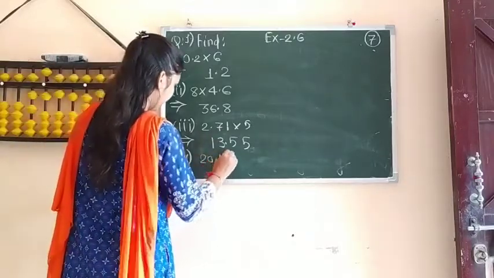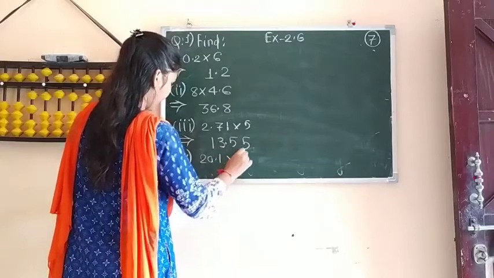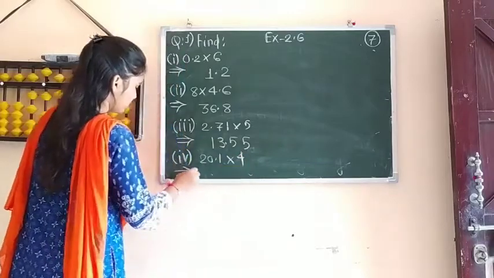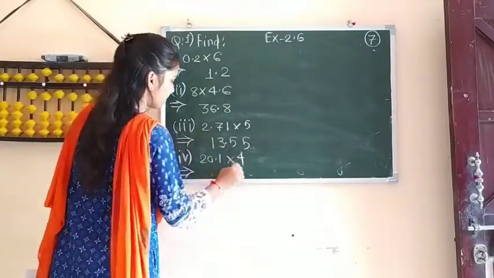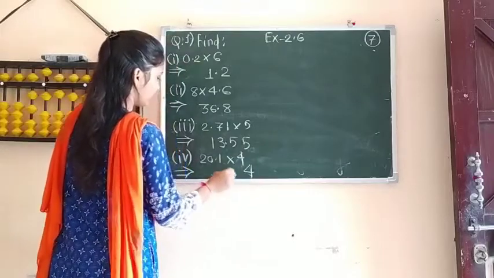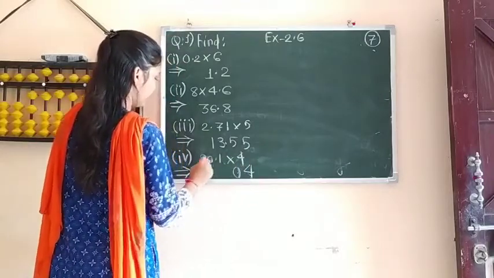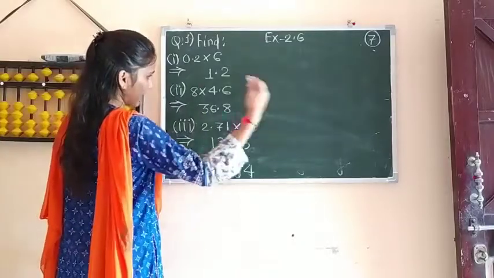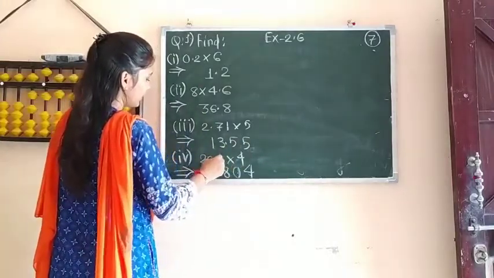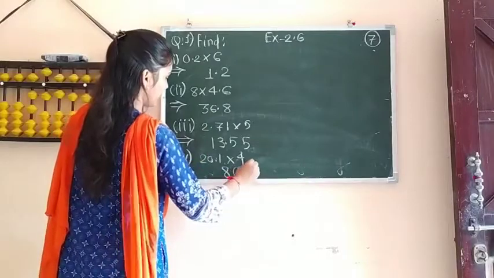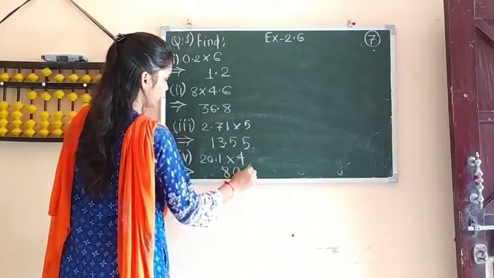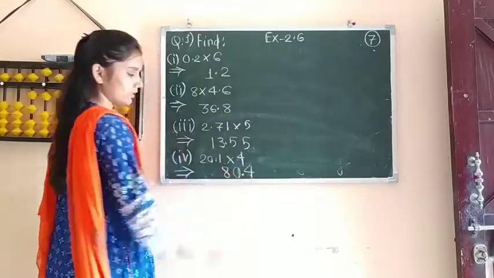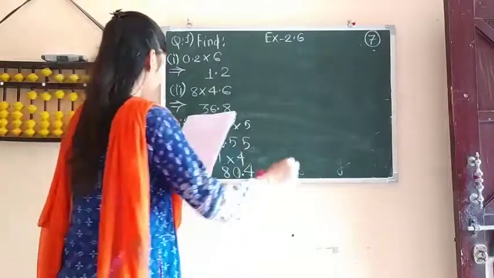20.1 is multiplied by 4. So how will you do this? 4 1s are 4. 4 zeros are 0 and 4 2s are 8. You have to put the decimal point from the rightmost side. After 1 digit decimal is there. So from the rightmost side, after 1 digit means after 80.4. And next,